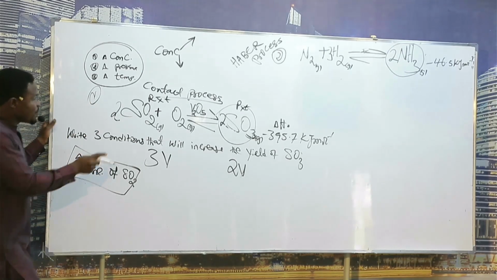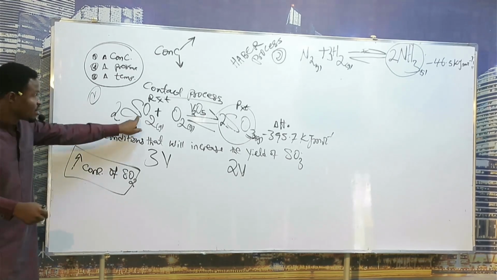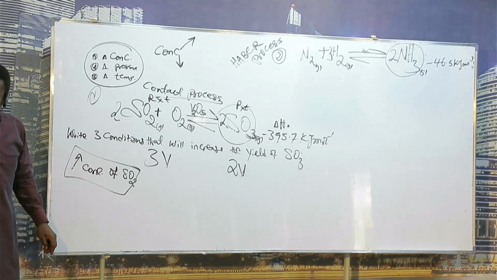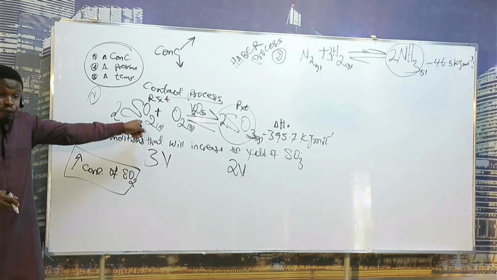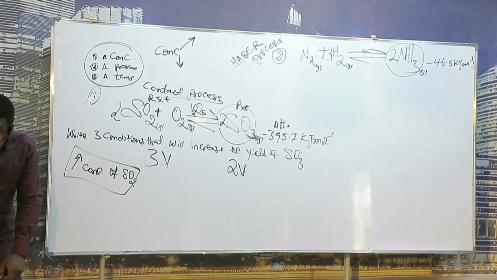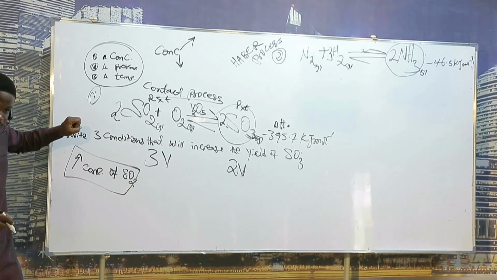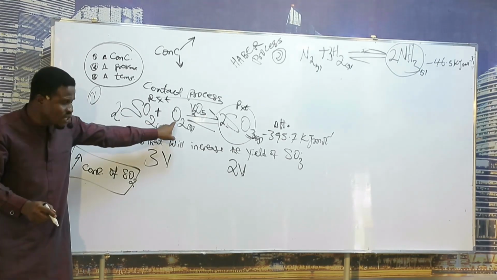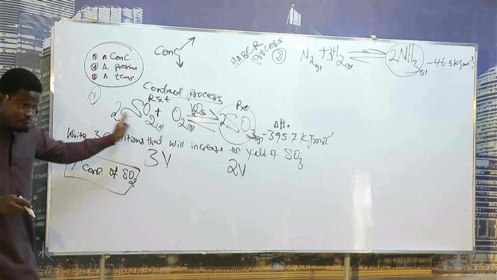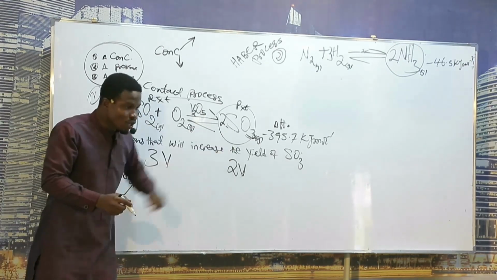Now, if you decrease the concentration of SO2, what will happen? It will favor the left-hand side to replenish that thing you are losing. Are we together? So if I reduce air, what will happen to this thing? It will shift to this side. If I reduce SO3,